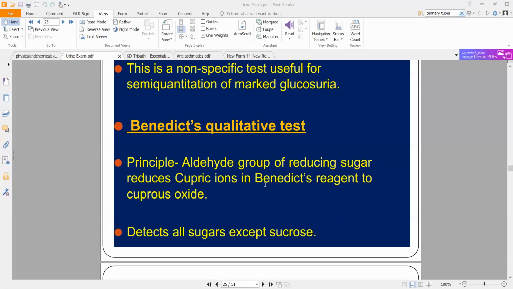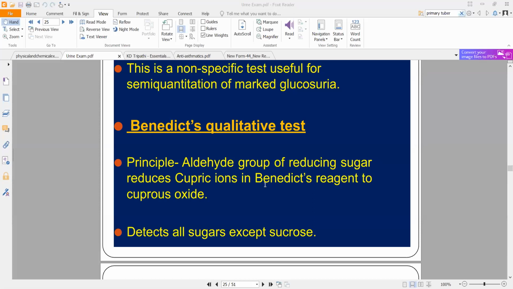So what is happening here is that aldehyde group, particularly of the reducing sugar. Here I took glucose as an example. It can be any other reducing sugar, okay? It can be a 3-carbon sugar, it can be a 4-carbon sugar, any sugar. So the aldehyde group of that reducing sugar reduces, or it will basically donate an electron to cupric ions in the Benedict's reagent. Okay, this will cause a change in color. You'll eventually see what is happening.